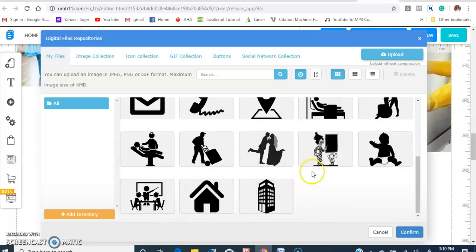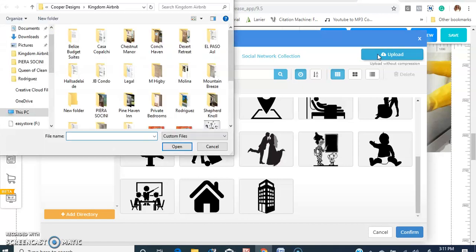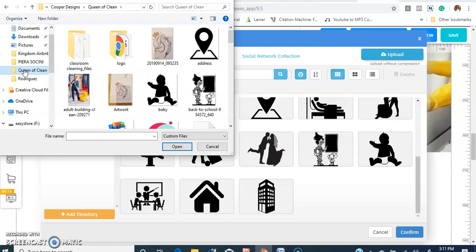Now, if you have an image that you want to change to, but it's not here, it allows you to upload that image. So you would click on upload, and then it would open up to a file that's on your computer. So you have to already have the picture saved on your computer in order to upload it. So if it's not on your computer, you would have to put it there first, and then you can upload it. So once you click on upload, and this is the file that I have saved that I was working with your website, and let's say you wanted to use this picture instead, you would just click on it. Once it fills in here, you would click open,